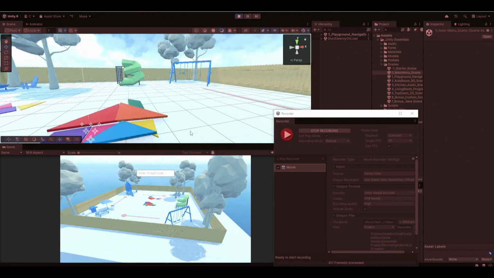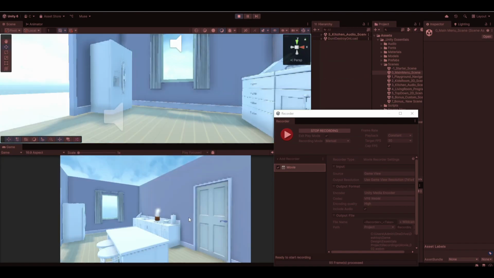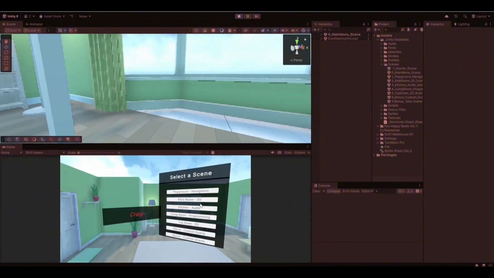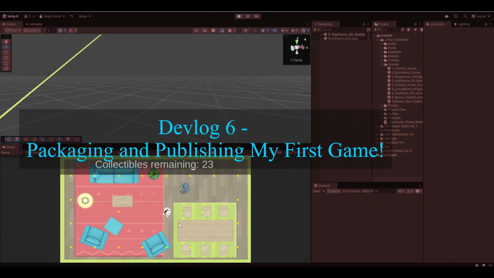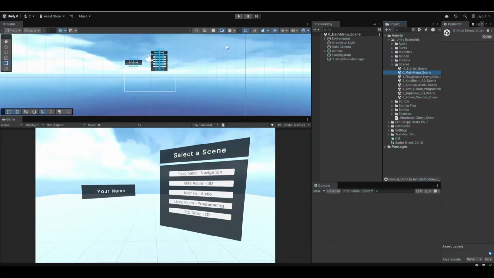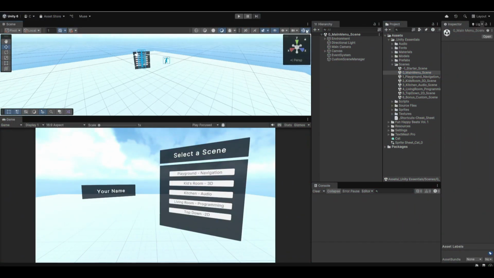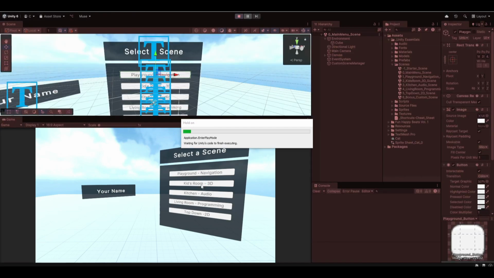In this devlog, I'm wrapping up the Unity Essentials pathway by publishing my very first playable project. From building a main menu to combining scenes and pushing the game online, it's been a wild and satisfying ride. Let's dive in. I kick things off by creating a main menu scene, linking all my levels and scenes together